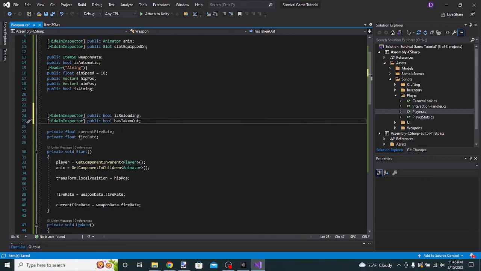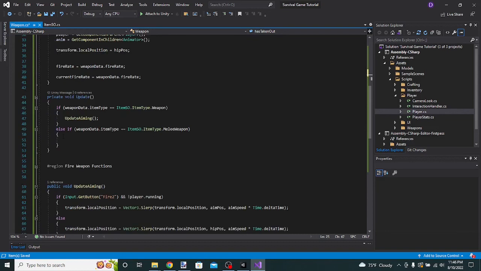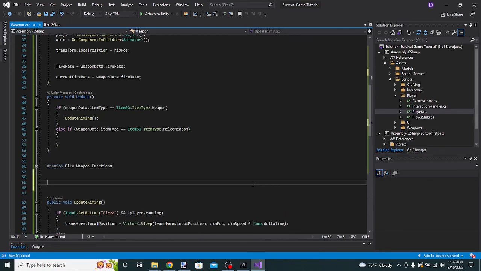So let's go ahead and create our actual functions. So right here we're doing already update aiming. I'm going to create a new function right above update aiming, which is going to be called public void